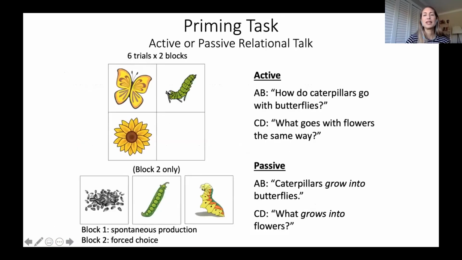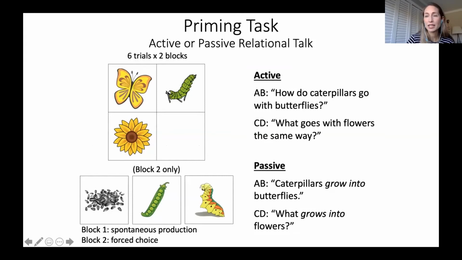So the active or passive talk piece was they had a matrix, and you'll notice there were really two kind of viable ways you could fill this in here. But we said, how do caterpillars go with butterflies? Then what goes with flowers the same way, right? So we asked them to either generate that actively, or we told them, caterpillars grow into butterflies, what grows into flowers. So either way, they had to come up with this D term,